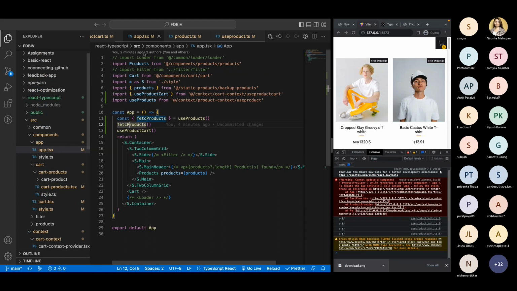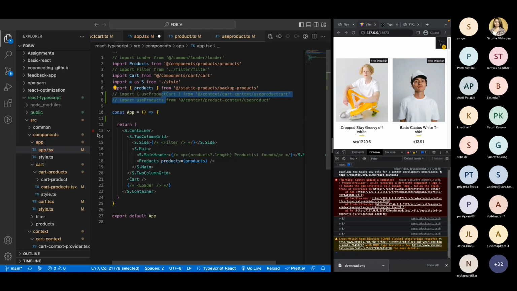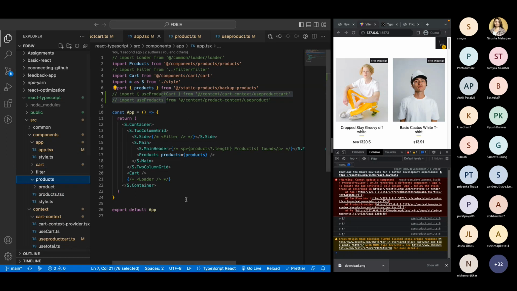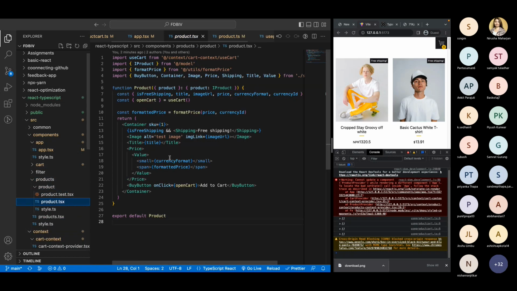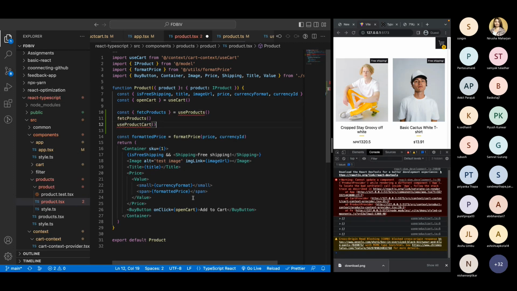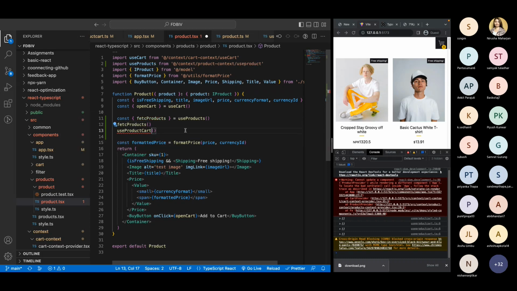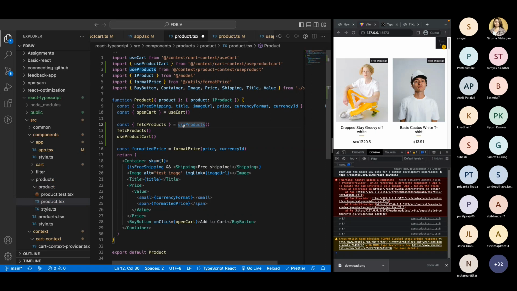Let's go here. We are calling this at this location. Most of the time we will call it through our products. Let me see if this is the issue. Let me comment this portion. And I'm going inside products now, products component. And we just want to see products coming here. That's the only thing we want, because we want to do something with the products. So I'm inside product right now. I just want to use these three things here. The first one is use products, and this is use cart. If I save it now,